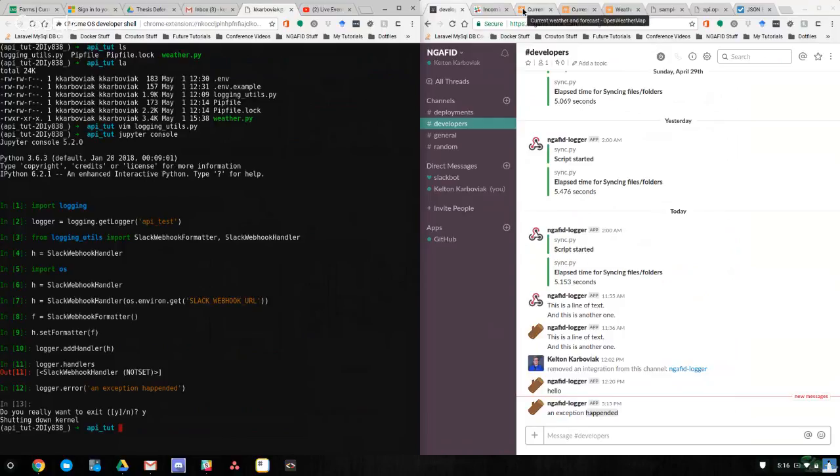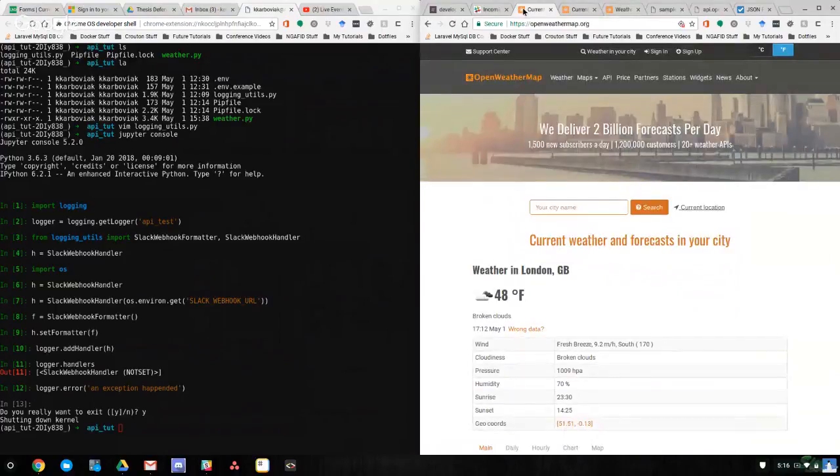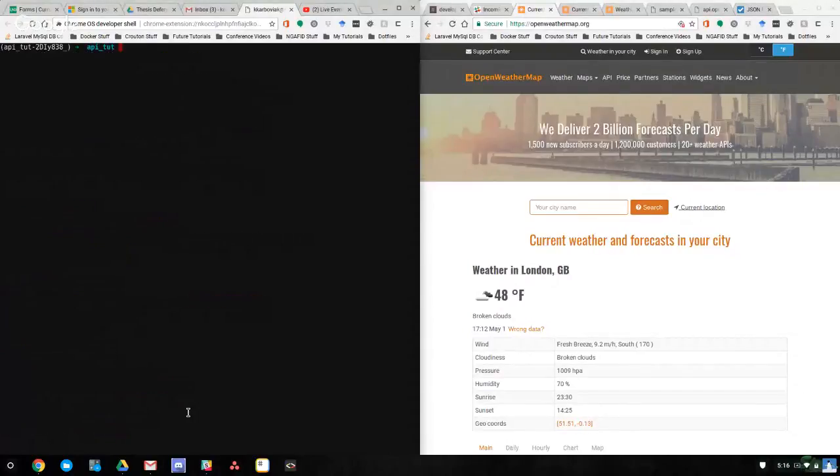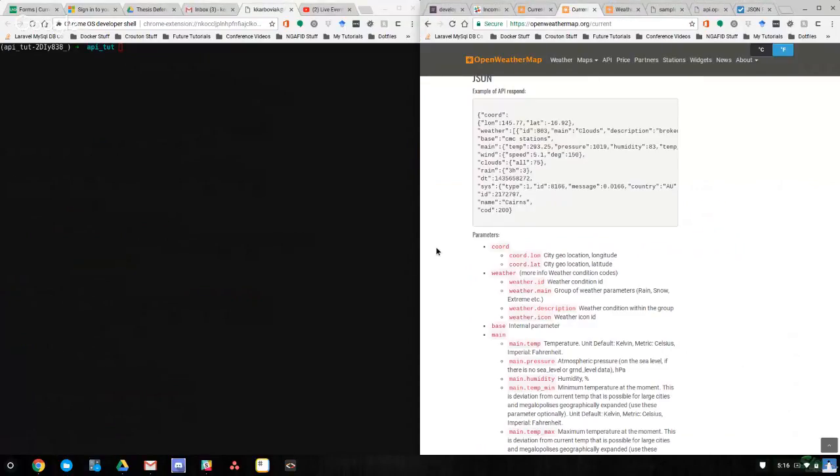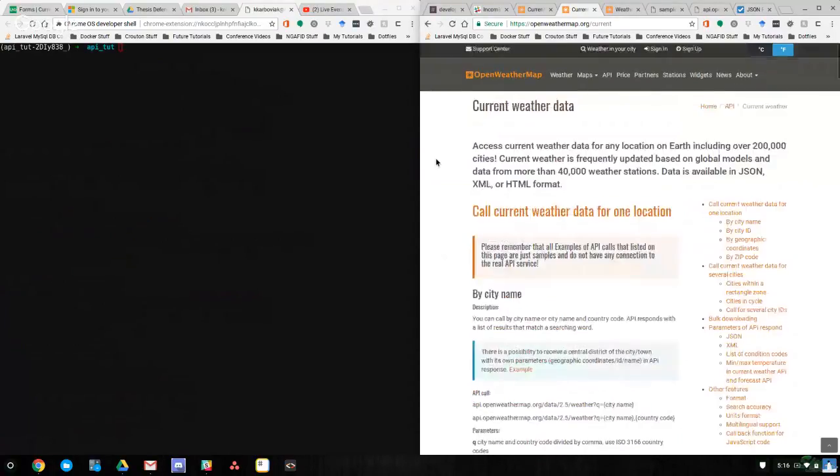So the second API, just to give you another example of an API, that I'm looking at is called Open Weather Map, and it's just a website that has a free API for getting weather information. All you have to do is create an account, and then they give you an API key to send with. So if we look,